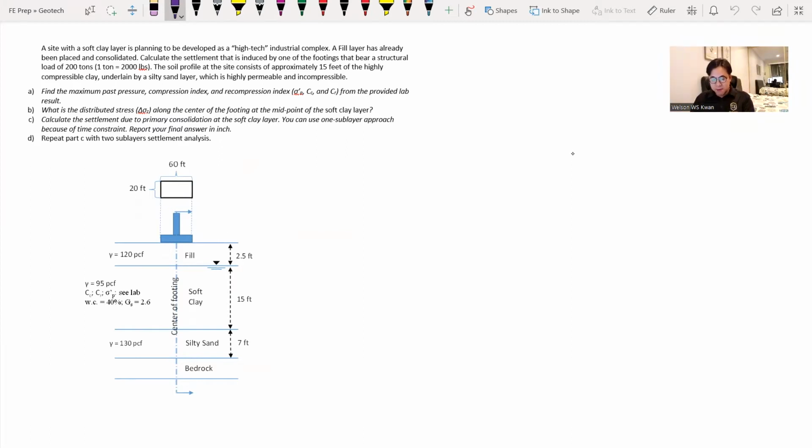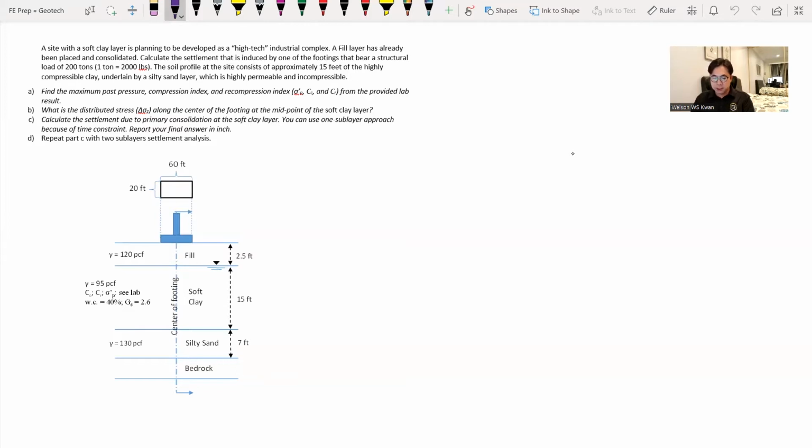And we are given the geotechnical information. We know the thickness of each layer. We know the groundwater table, which is at the interface of the fill and soft clay layers. We know the unit weight of the 3 different materials, and also we are given lab results for the consolidation curve, which we will get into,